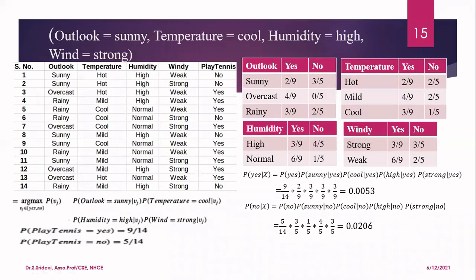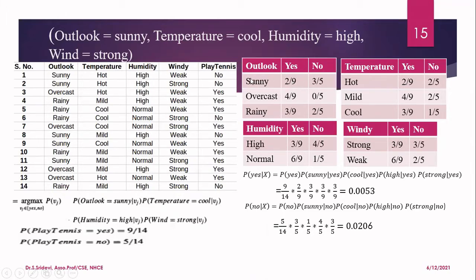In the first step, you have to calculate the frequency for each and every attribute. And then in the second step, you will be calculating the maximum likelihood probability. So here I have given that directly. I have 4 features now. Outlook. This feature outlook has 3 different values: sunny, overcast, and then rainy. For each feature, I'm going to find out in how many instances the outcome is predicted as yes, in how many instances it is predicted as no. Now try to focus here. In the previous example, in the denominator, you had 5 in both the terms, but now it is changing. Let us understand why it is changing.